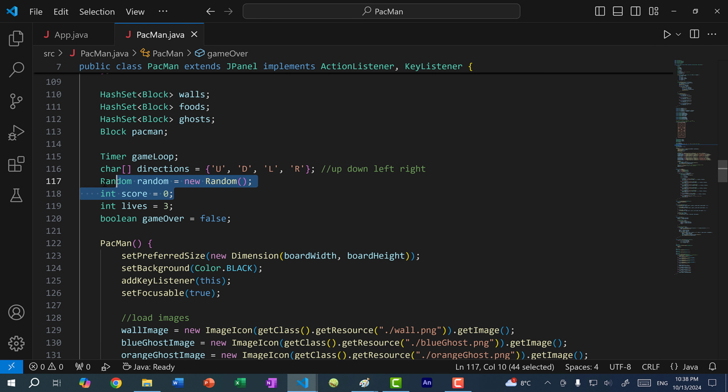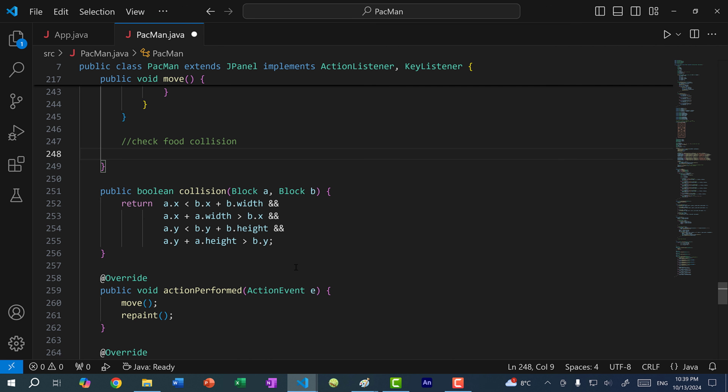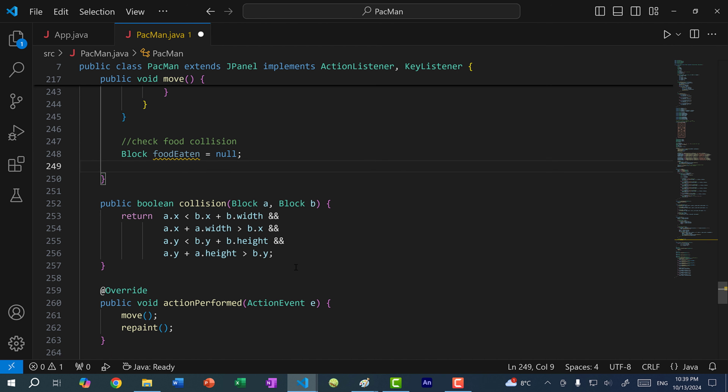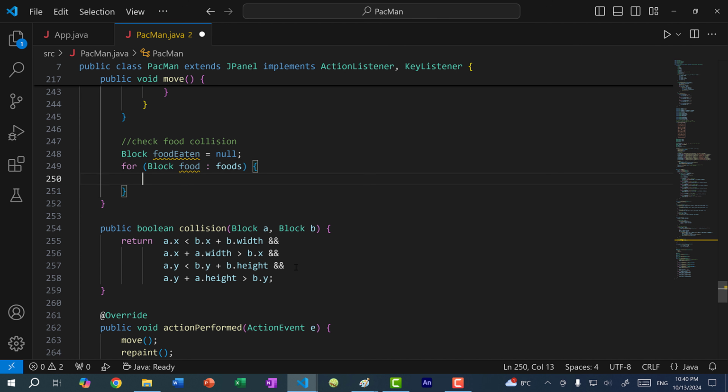So let's start with the score. Every time Pac-Man collides with a food pellet, it's going to eat the food and gain 10 points. And every time Pac-Man eats a food, we want to remove that food from the hash set, because once you eat the food is gone. So here I'm going to do Block foodEaten is equal to null. So currently Pac-Man has not eaten anything, but we're going to iterate through all the foods. So for Block food : foods, if collision,